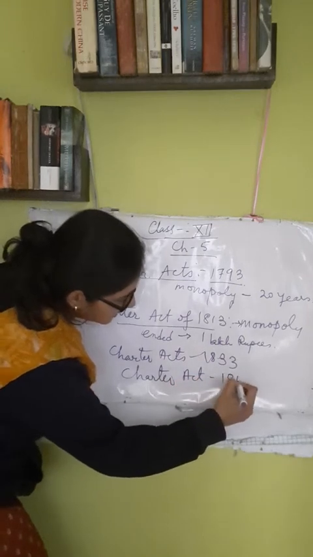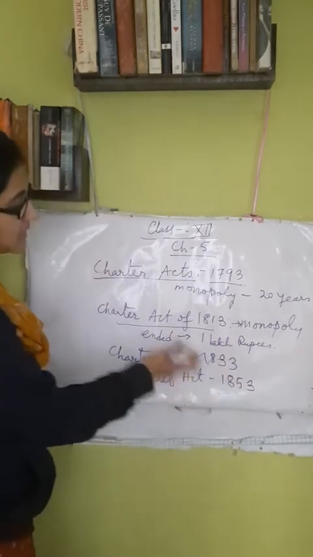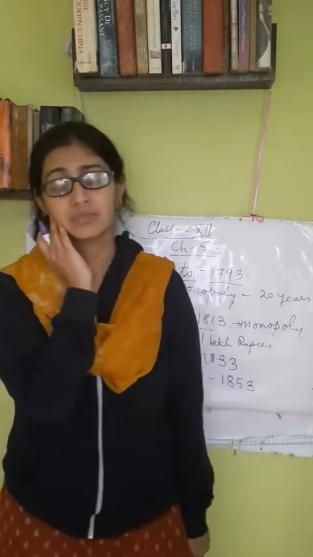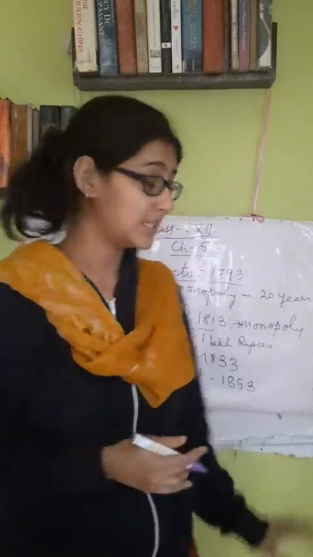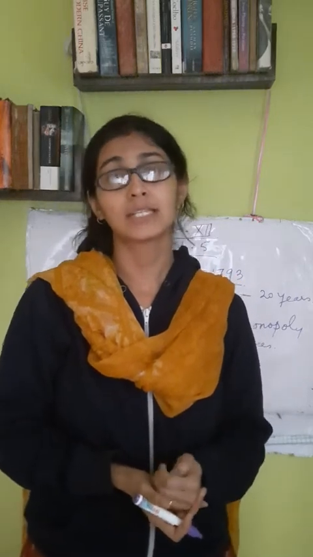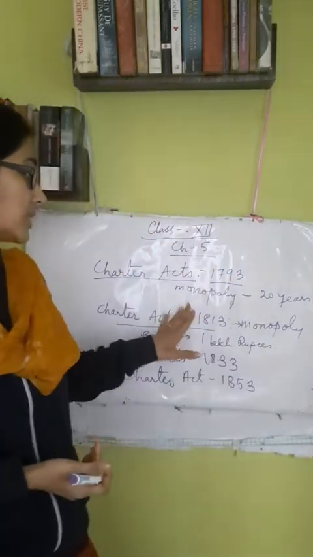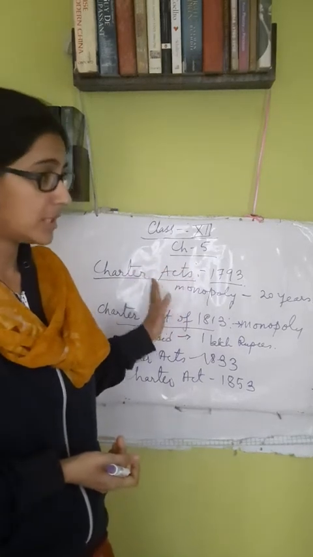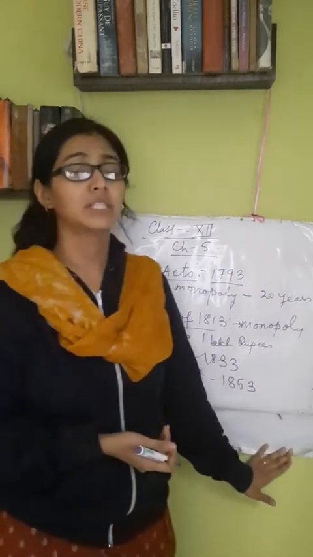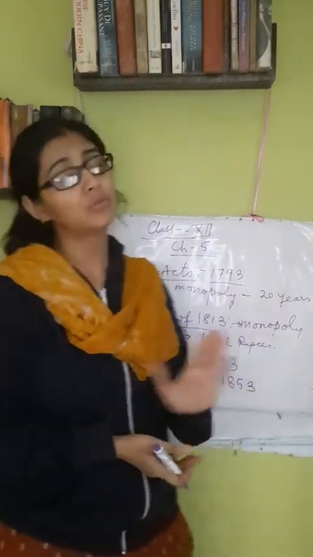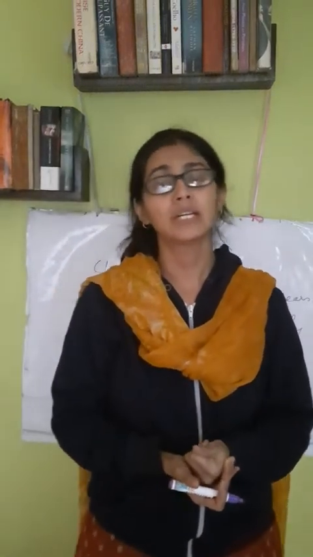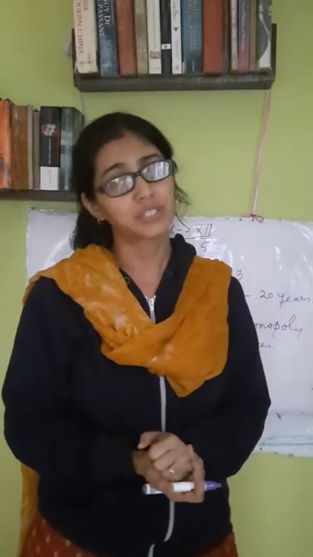Charter Act of 1853. Just again after 20 years, in 1853, another Charter Act, the last Charter Act, was passed. By this Charter Act, we see again it was not said when the control of Britain over India would end. In the previous Charter Acts it was said that for 20 years it will remain, then after 20 years it will change. But in the Charter Act of 1853 it was not said that after 20 years it will end. It was to continue forever. So the control of the British or English East India Company over India was made a stronghold.